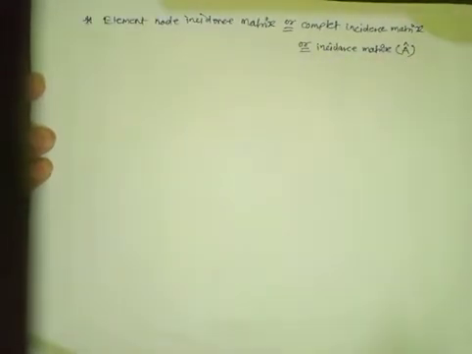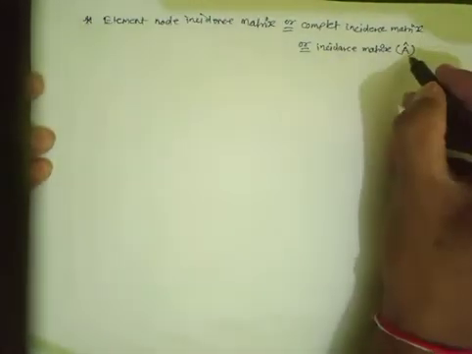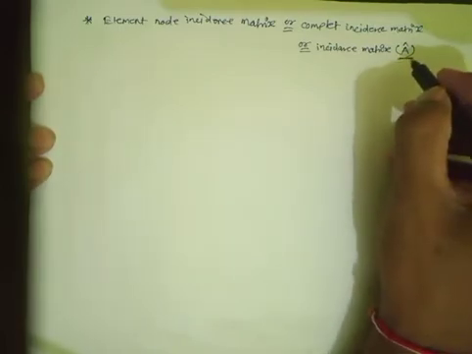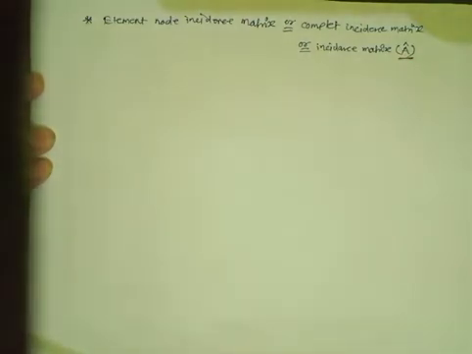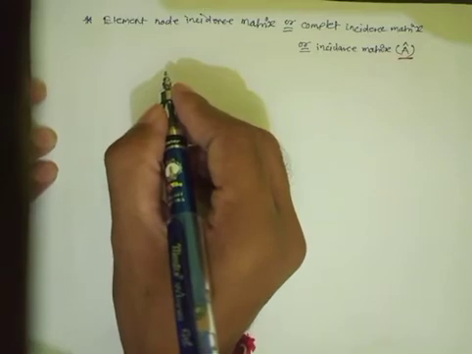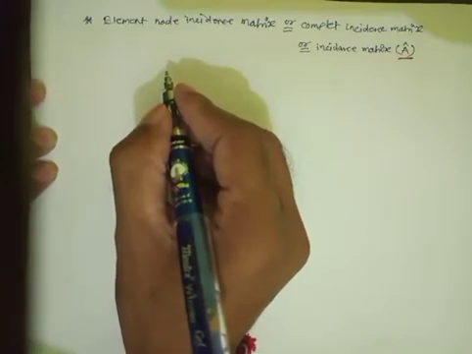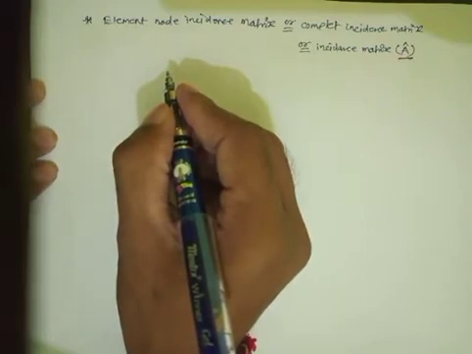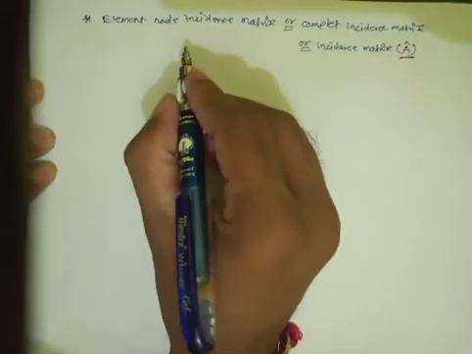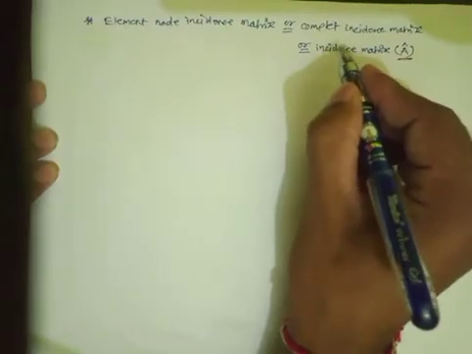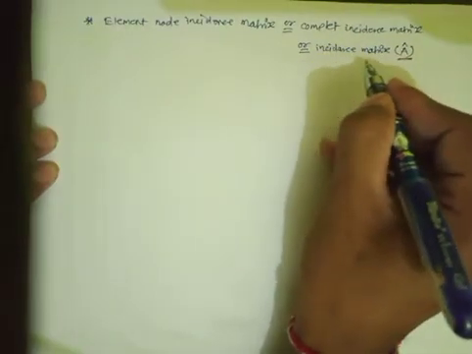Okay, so this notation may get varied with the books or author. Okay, so don't confuse in that. Now, in previous lecture we discussed about the basics of graph theory, how we can draw the number of possible trees from oriented network graph, what are the different branches, what are the twigs, what are the links, and all these things. Okay, so now we will draw this element node incidence matrix, or it is also called as complete incidence matrix or incidence matrix.